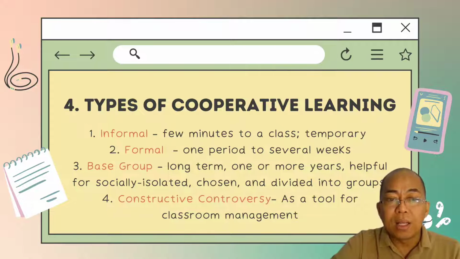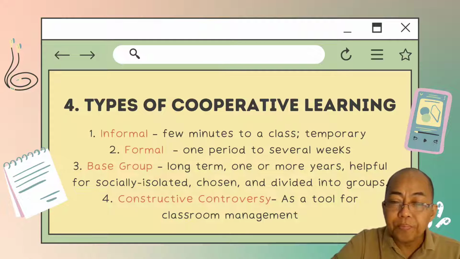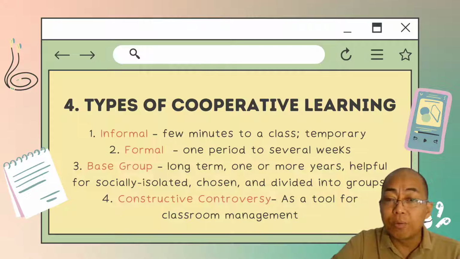At the same time, students are encouraged to help each other, not only by providing support when it comes to academic difficulties,